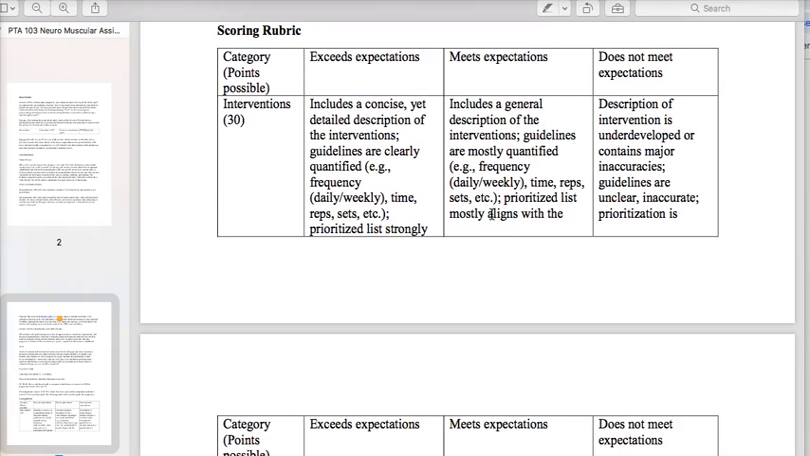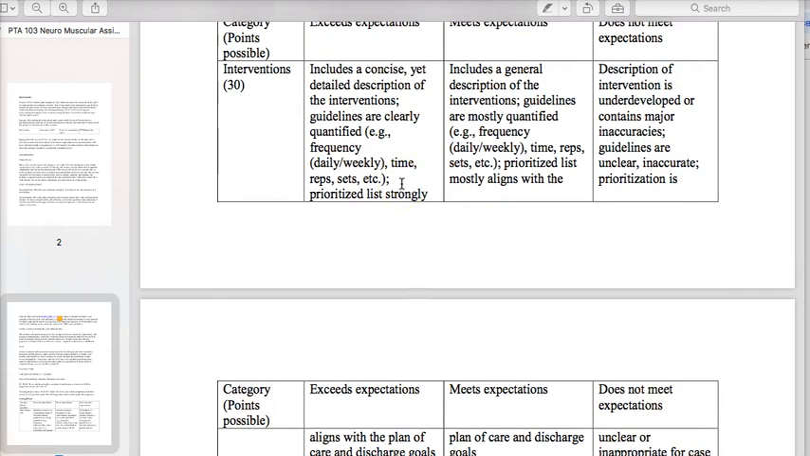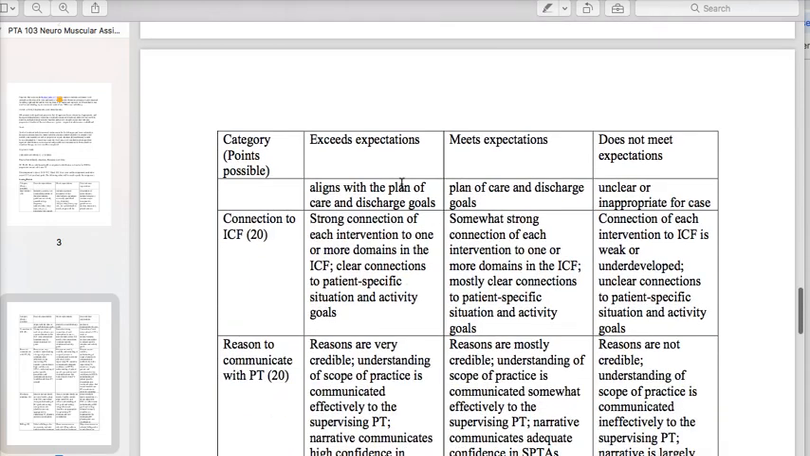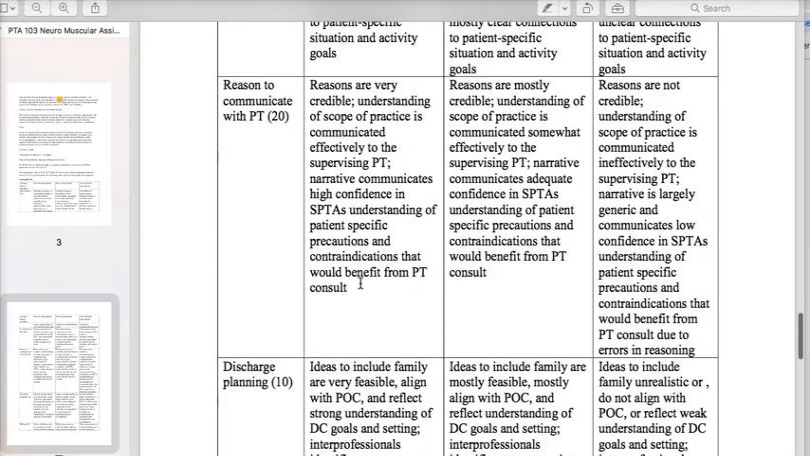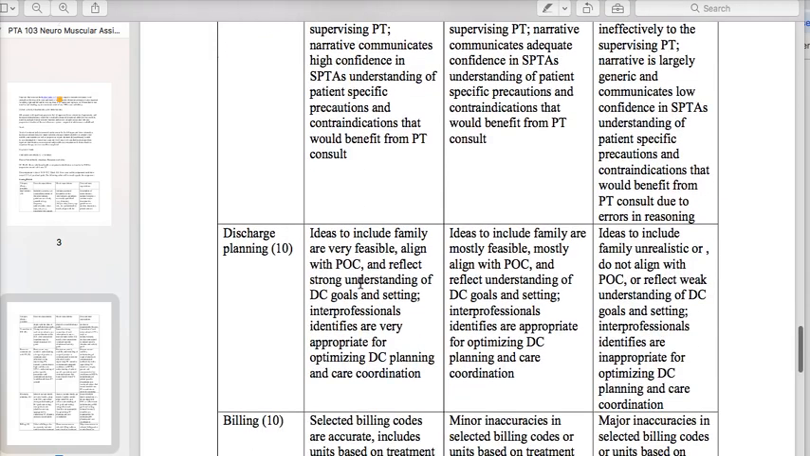And here's the scoring rubric. You can see there's a real hefty amount on the interventions you choose. And then to exceed expectations, this is what you're going to do in your table. And secondly, 20 points is the connection to the ICF, strong connection of each intervention to one or more of the domains of the ICF, clearly connected to a specific situation and activity goals, in this case MK. And then you're providing credible reasons to consult with a physical therapist that are not vital sign related, in this case. And then finally, your discharge planning,